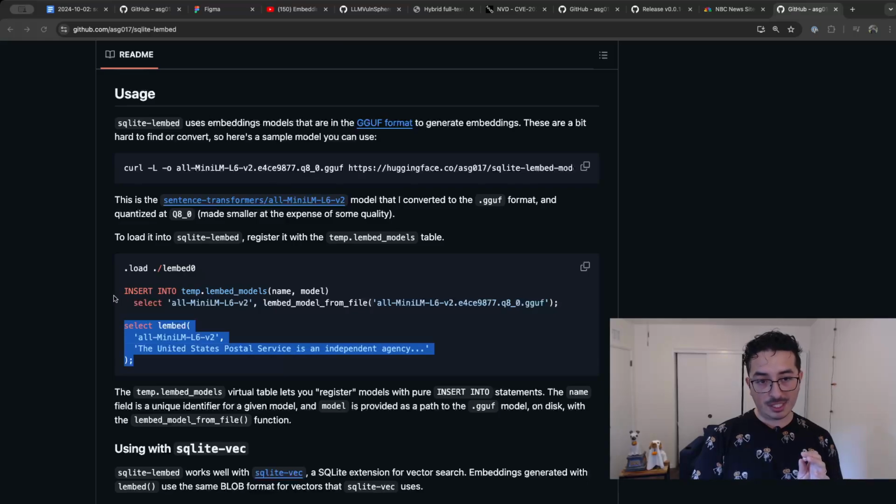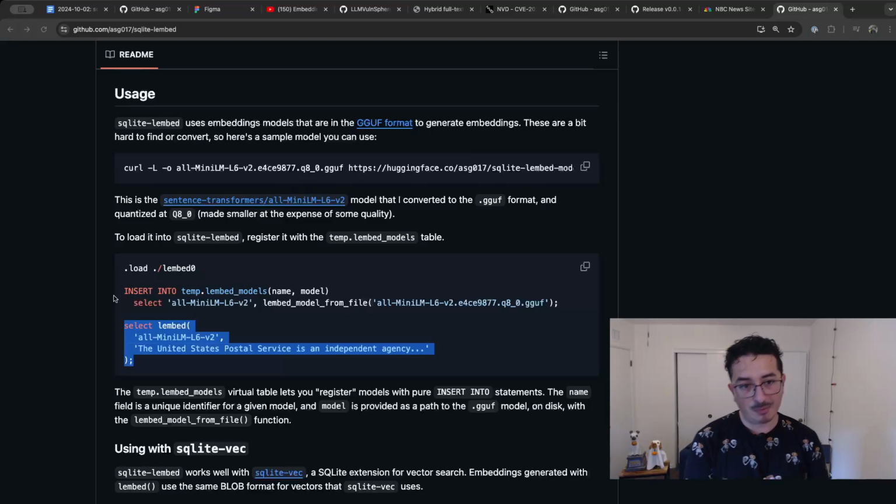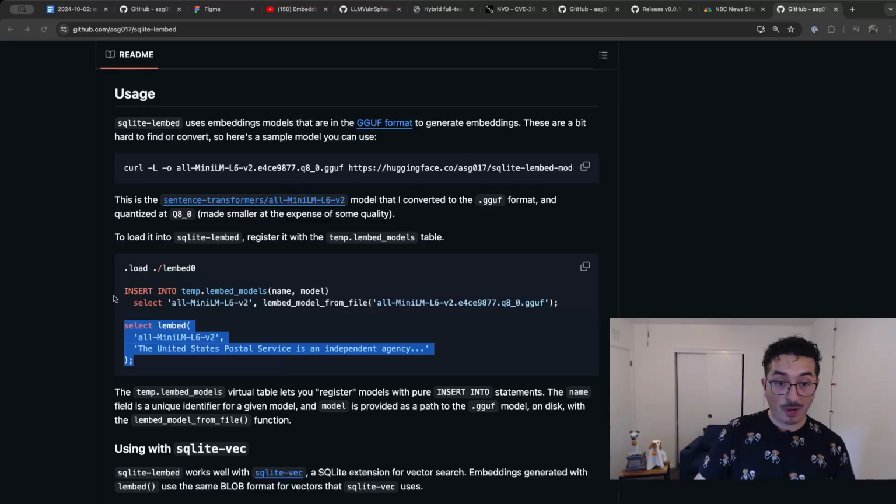You pass in the contents you want to embed, and it will return a blob that you could directly enter into SQLite-vec. It is probably not as fast as some of the other options out there, but if you want to keep everything in SQL, it is a pretty good option. gguf files are a little bit hard to find, but once you do, all you really need is a single extension, SQLite L-embed, and a single embeddings model file, a gguf file, and that's all you need to generate embeddings,